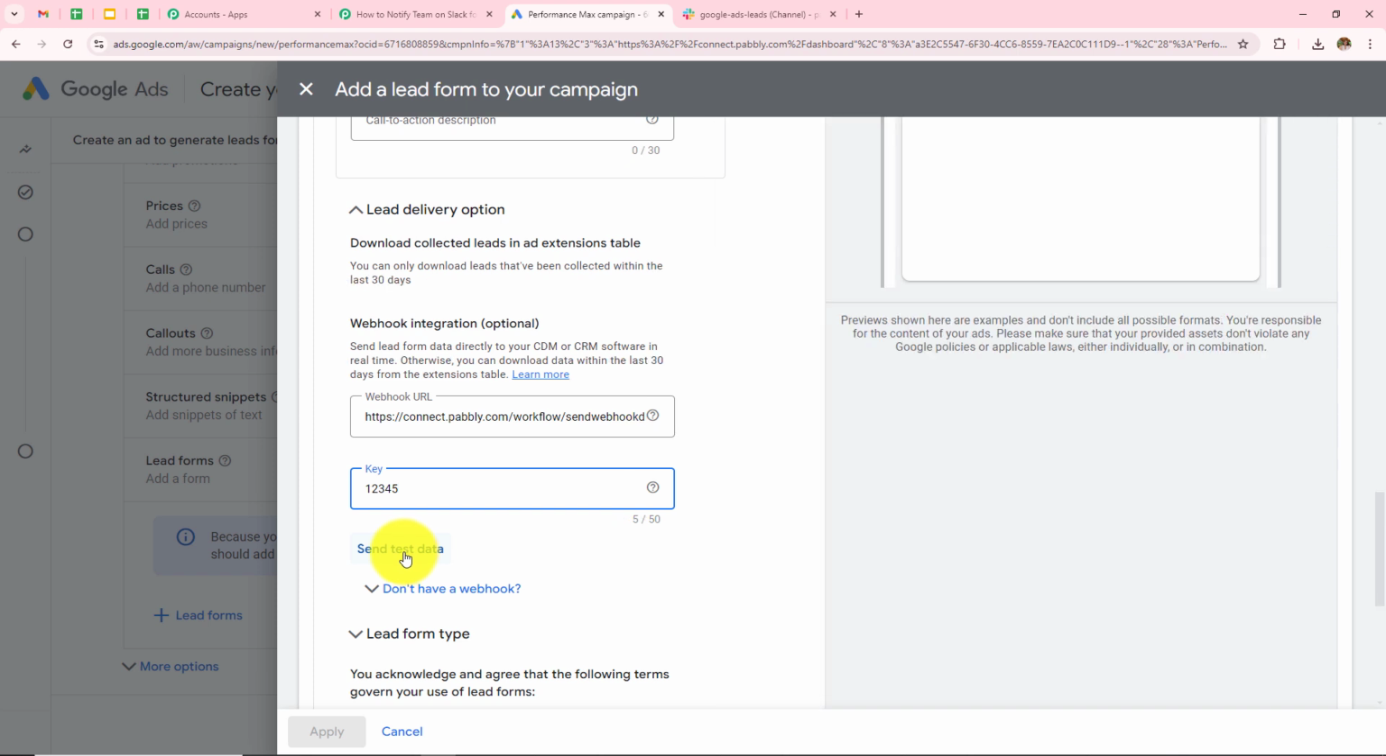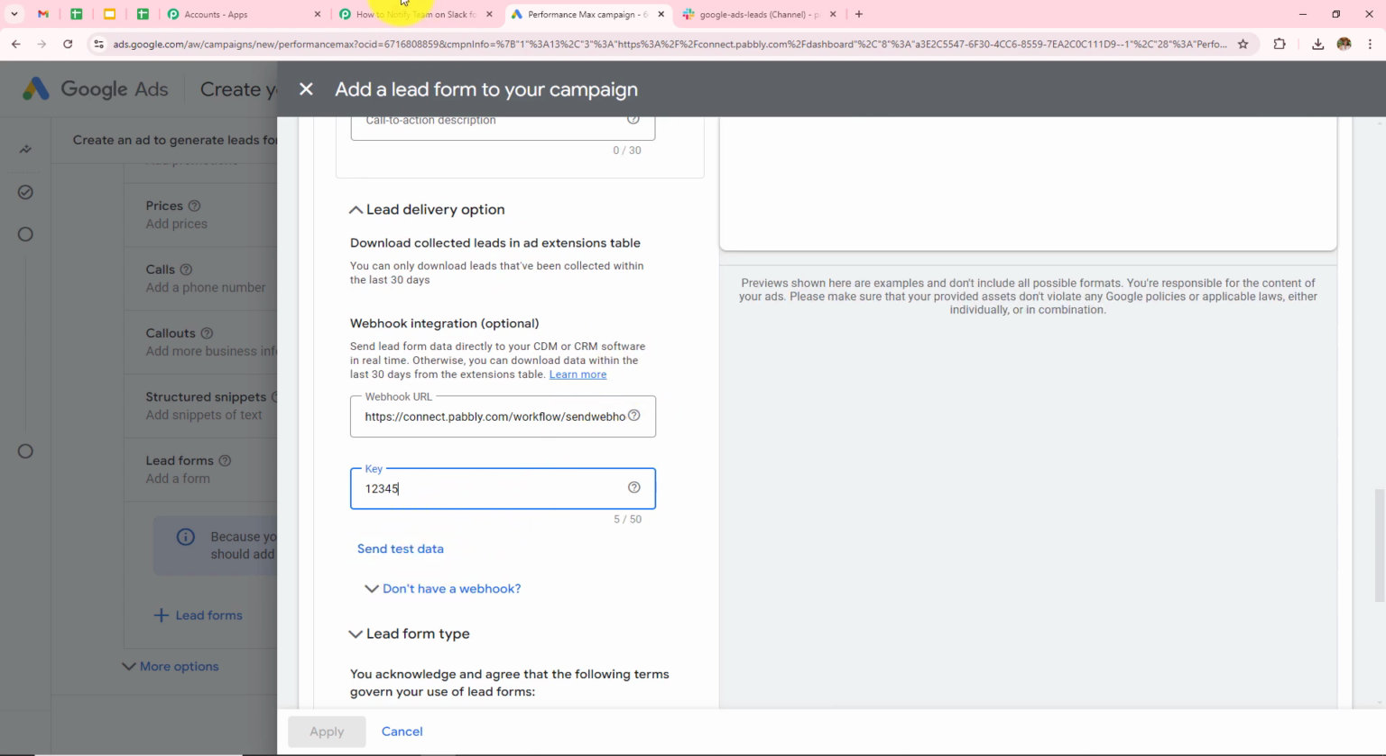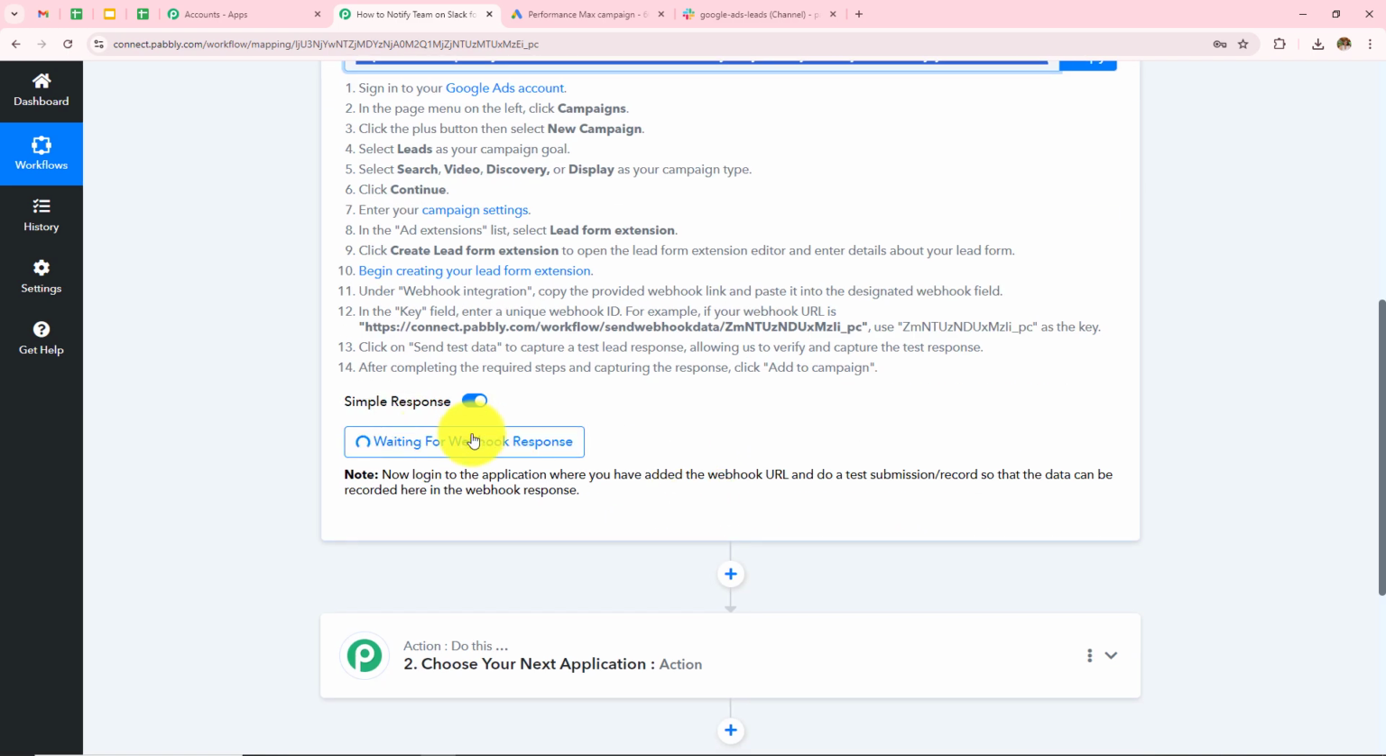Now as soon as I click on the send test data, a test data will be sent to my Pabbly Connect workflow, and this will show us that the connection between Google Ads and Pabbly Connect is successful with the help of this webhook URL. And if the connection is not successful, we will not be able to receive this test data. So now let's go back to Pabbly Connect, and over here I can see waiting for the webhook response, and